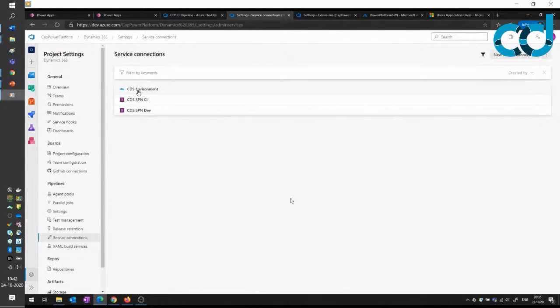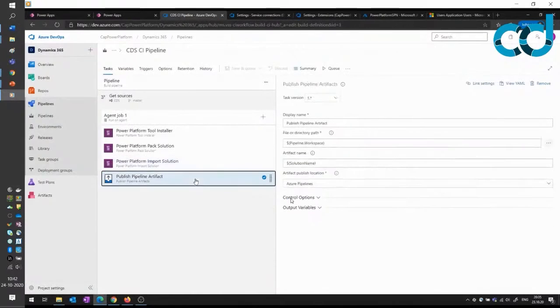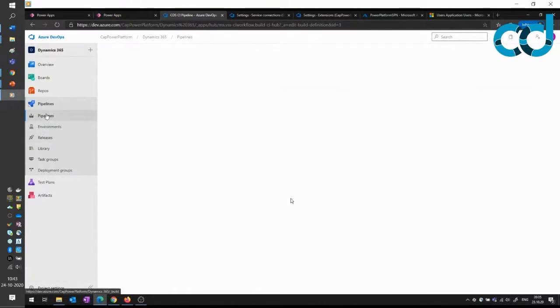And while this is still running and deploying to our test environment, let's have a look where it is in the process. So once it is finished, we want to typically publish this to artifacts so that later on with a continuous deployment pipeline, we want to pick it up there and deploy it to, let's say, production.